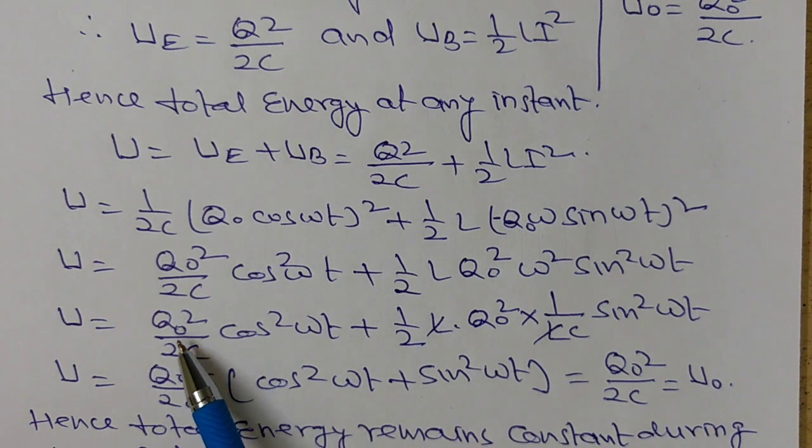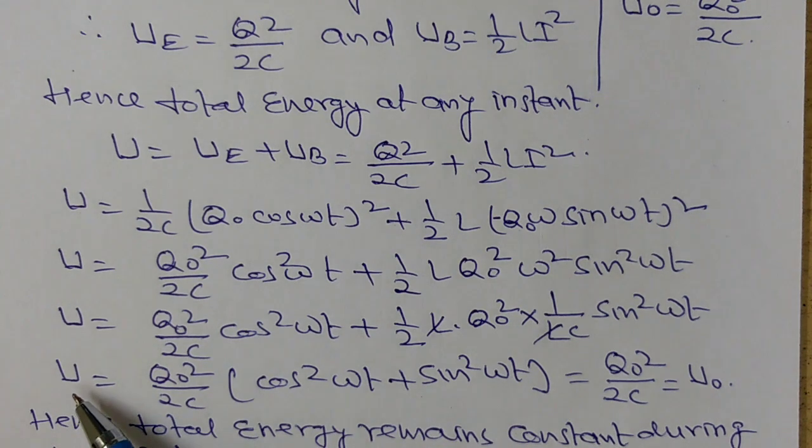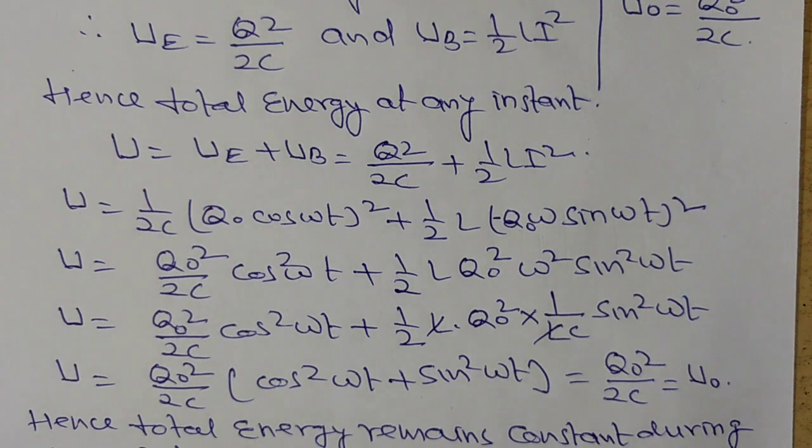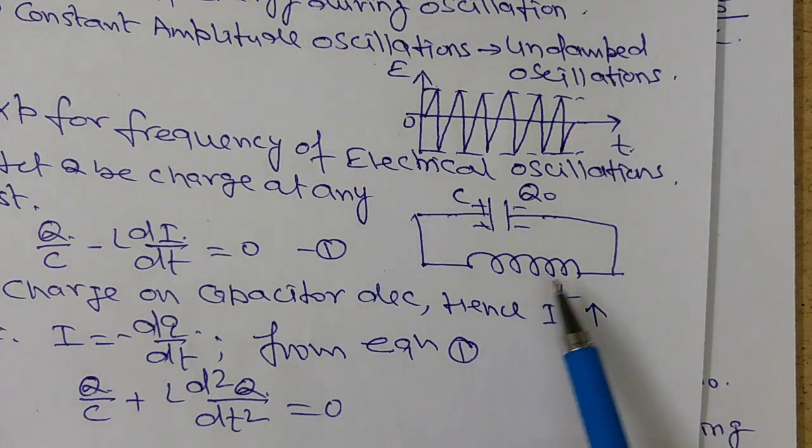Therefore, on taking common Q naught square upon 2C, this is here cos square omega t, and here the sin square omega t, and you know this is equal to 1, and hence this energy at any instant is Q naught square upon 2C, and this is equal to initial energy stored by the capacitor, which is U naught, and hence the total energy remains constant during the LC oscillations. यदि हमारे सर्किट में इस सर्किट के अंदर कोई रेजिस्टेंस नहीं है तो टोटल एनर्जी हमारी टोटल